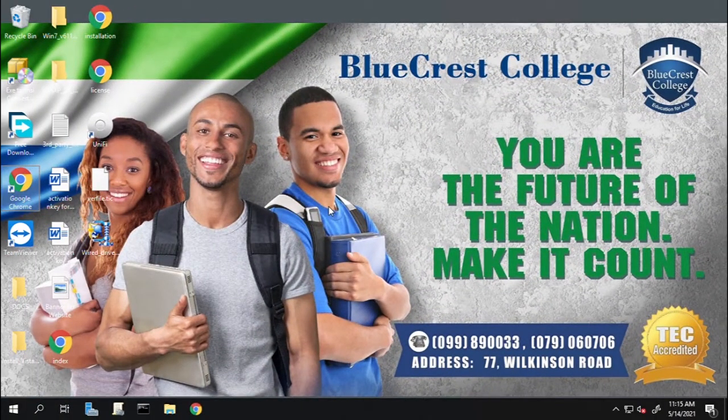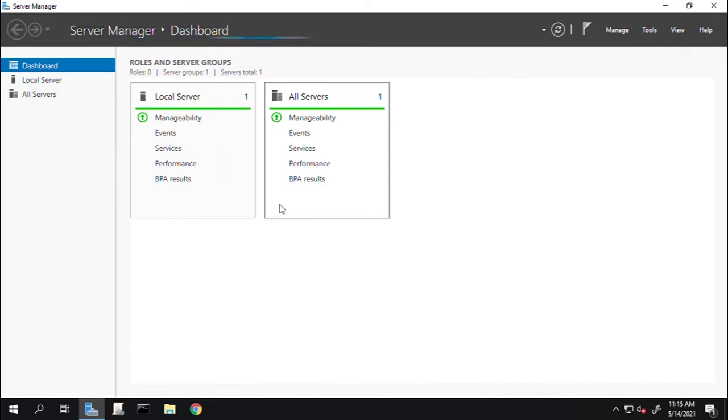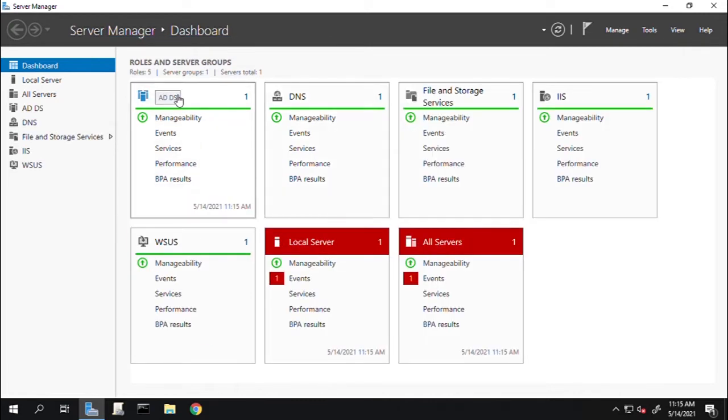Okay, so now that I have explained what WSUS, or Windows Server Update Services, is, let's take a look inside the server as to how it looks in real time. Now I have logged in to our 2019 Windows Server, and here we have the Server Manager. As soon as we open it, we can see the different services that are running under our Windows Server 2019. As I explained before, we have an Active Directory server, DNS, file storage services, our website services, which is in short called Internet Information Services, and we also have WSUS itself.